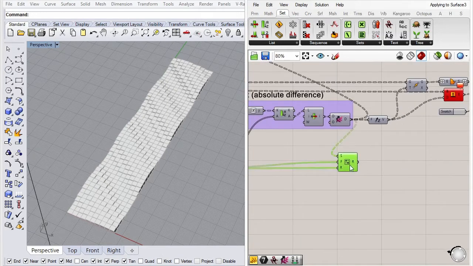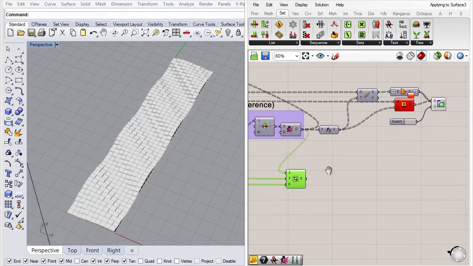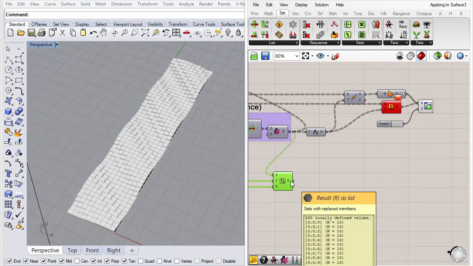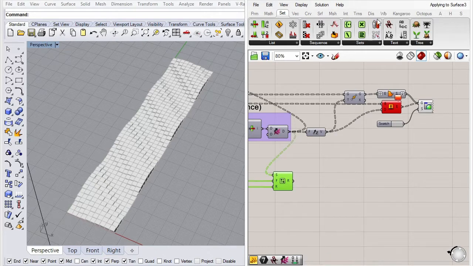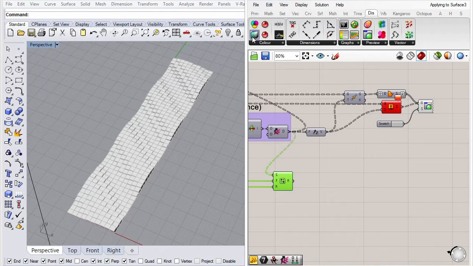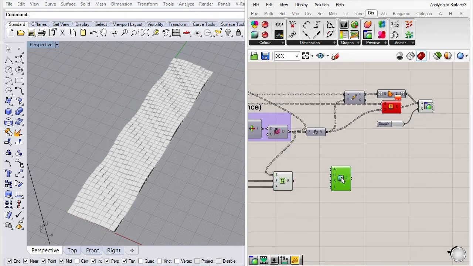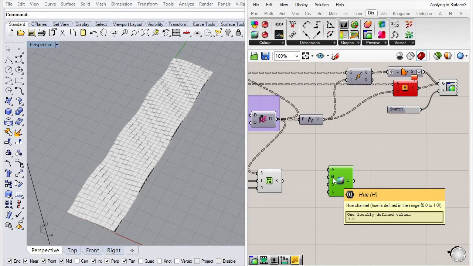Now what we want to do is turn those into colors so we can plug them into the custom preview component. So each of these integers has to be a color. What we're going to do is use the hue, saturation, and lighting component to create colors. And we're only going to want to define a hue.